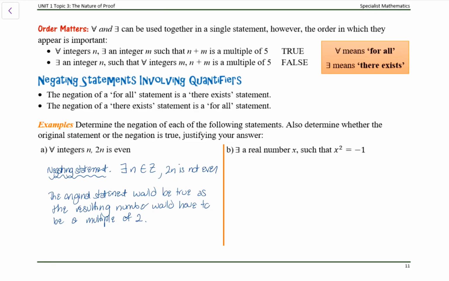Okay, let's look at the next one. There exists a real number x such that x squared equals -1. Okay, hopefully in the back of your head you're saying, well, that's not true, because if we square anything, we get a positive. But anyway, the negating statement,